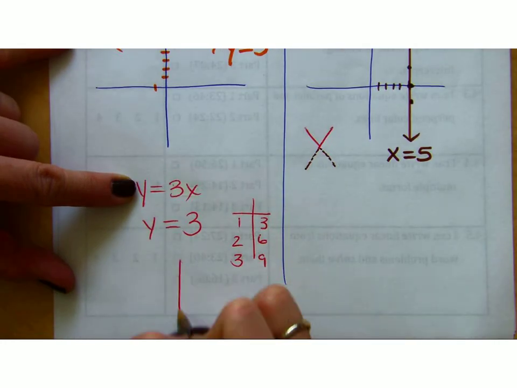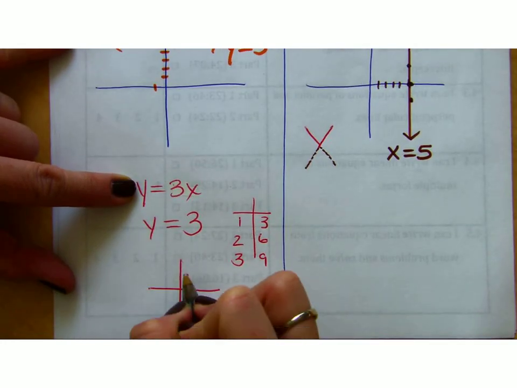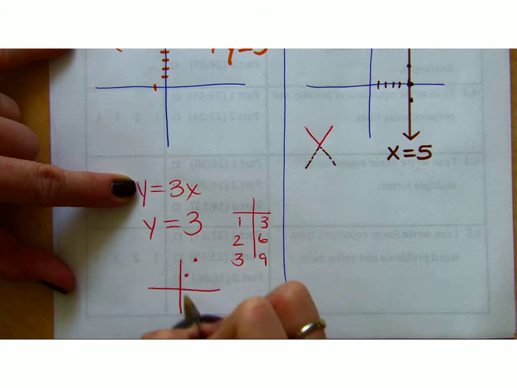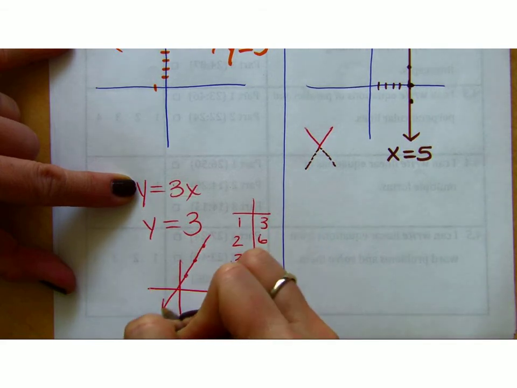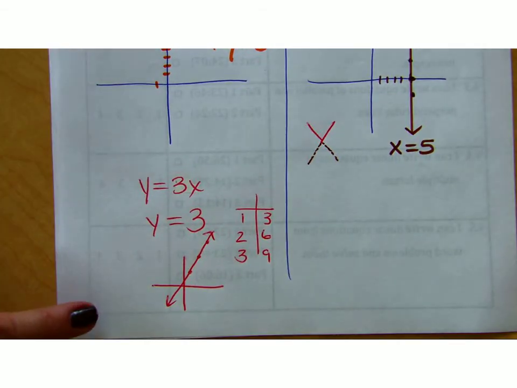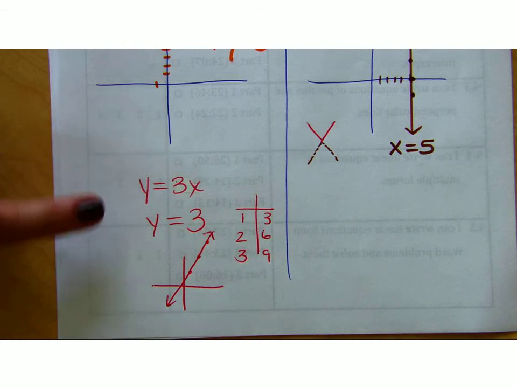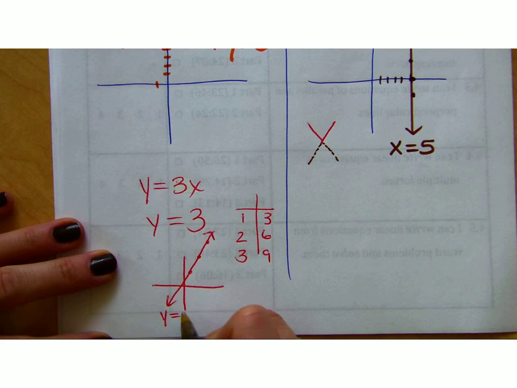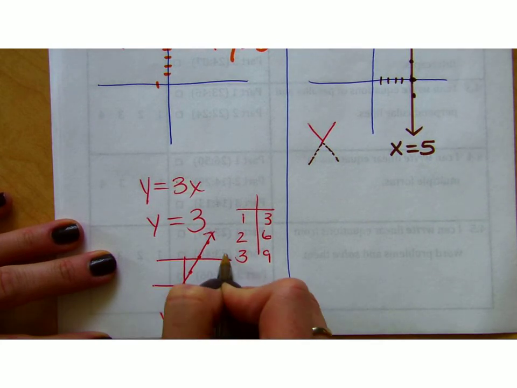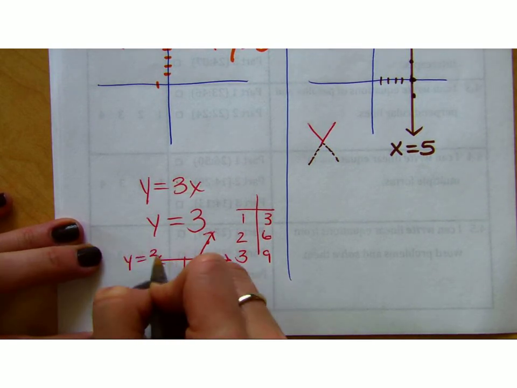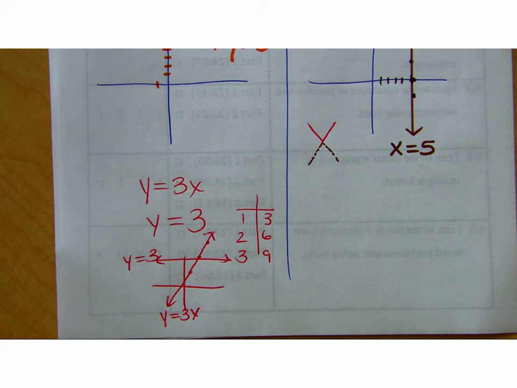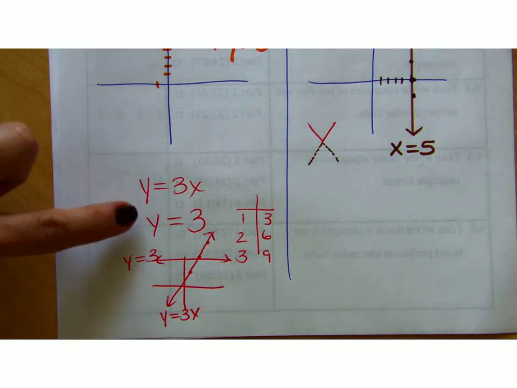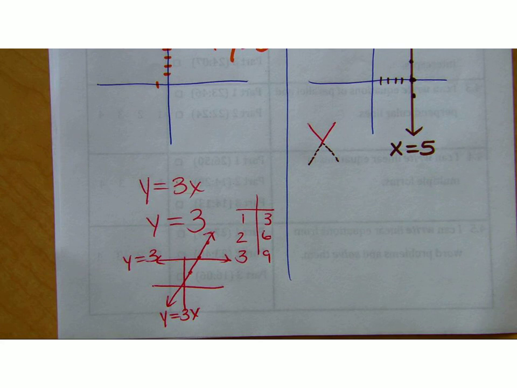And when I plot those, 1, 3, 2, 6, 3, 9, I get a straight line. It's not horizontal though. So y equals 3x versus y equals 3 are two totally different. This is y equals 3x. This one is y equals 3. So, you know how we have special cases? It's when this one has a y but no x, this one has an x but no y. Got it? Okay. So, we're going to get some